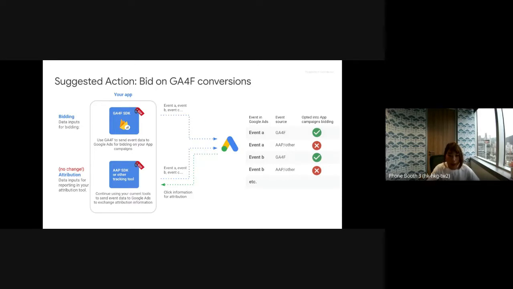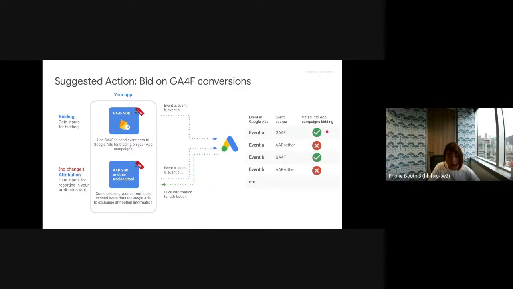So imagine that you have the app analytics SDK installed on your app. Then we recommend also installing the Firebase SDK to track those important user behavior signals, especially in-app purchase and first open data, for conversion bidding purposes. And on the Google Ads platform, we can configure each of the different conversion signals for different purposes. So essentially, you can bring in the conversion data from both Firebase and the app analytics platform.